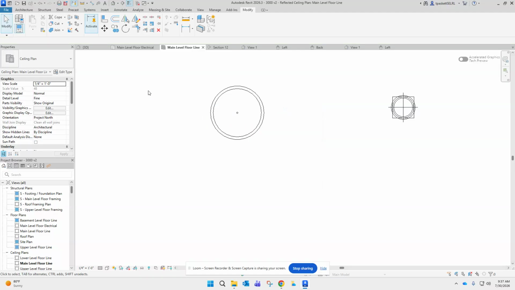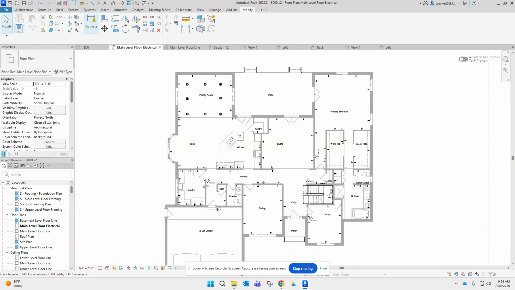Now, this is going to blow your mind a little bit. If we go into the plan, it's not showing. It is not made the same way. The same solutions don't always work. So here's the solution for your pendant light. You're going to come down to your range underlays. You're going to turn on your main floor line. Doesn't make sense, just trust me. Turn on your main floor line and set it to look up and change your top range to the